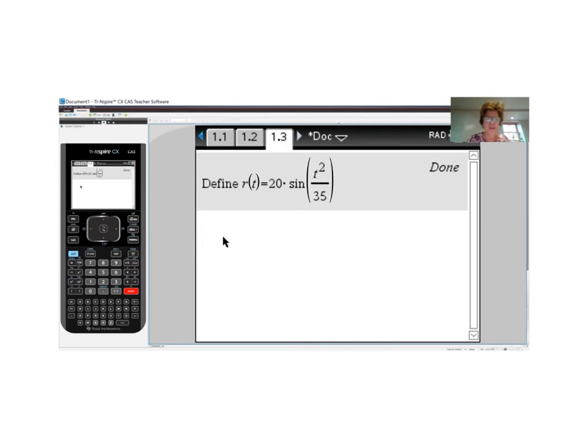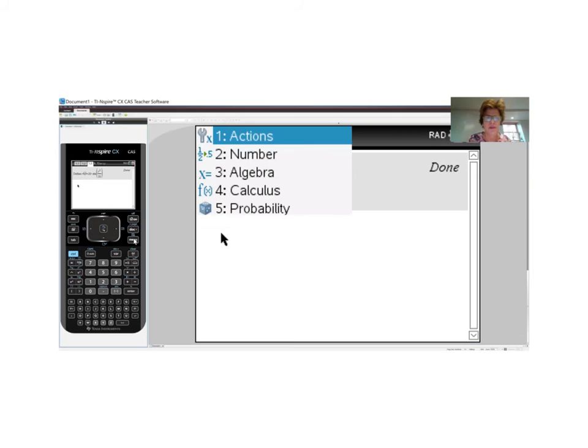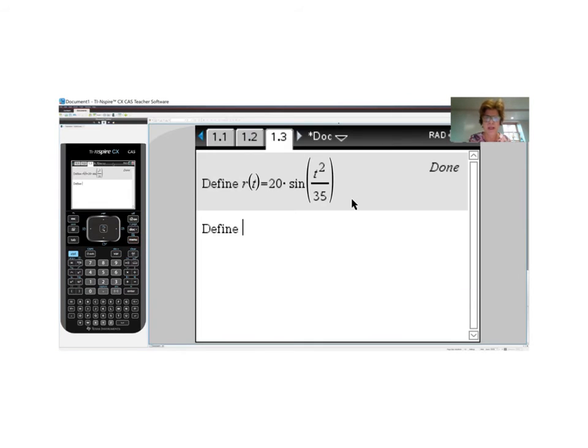And when we press enter, the calculator knows that's R of t. Now we're going to define d of t. So we go to menu, actions, define, and we type in d of t equals negative 0.04 t^3. Okay, move to the right to get away from the exponent, plus 0.4 t^2, go to the right, plus 0.96 t. Okay, and press enter, and the calculator knows that that's d of t,